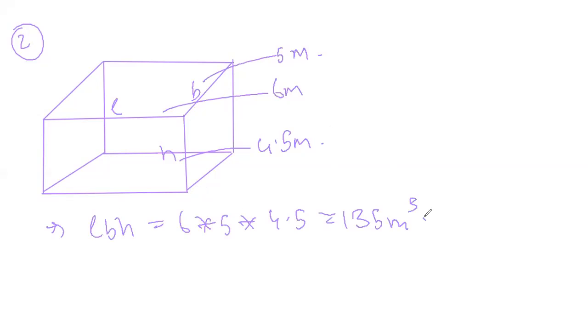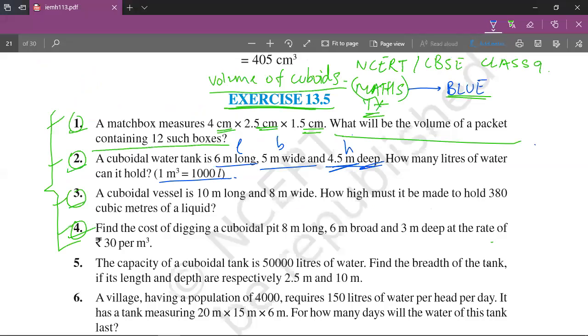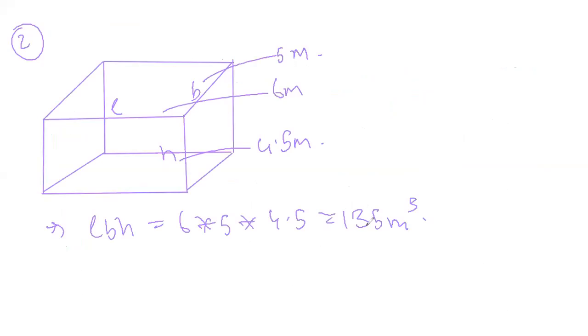Okay. Once we have got 135 meter cube, we will look at the next statement of the question. How many liters of water can it hold? And it has given us the clue for 1 meter cube is equal to 1000 liters. So we look at answer 135 meter cube. So please note that volume's unit is any unit with a cube at top. So this is a unit for volume, and it has told us a clue for 1 meter cube, which will be 1000 liters. Okay, so we'll convert 135 into liters.